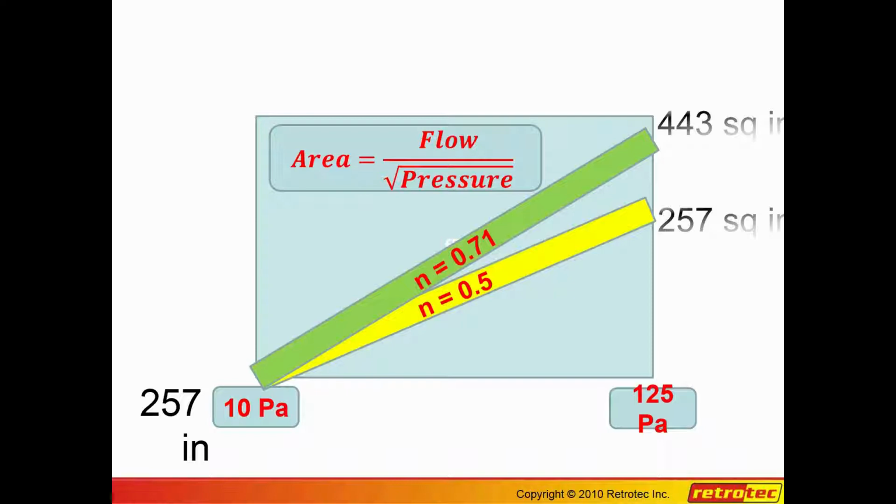Laminar means one molecule behind the other, as opposed to turbulent. So the relationship for area, with N equals 0.5, is square root. The relationship for laminar flow is area is equal to flow divided by pressure times some constant. No square root at all. When we get a combination of those two together, then we get an N value that's somewhere between 0.5